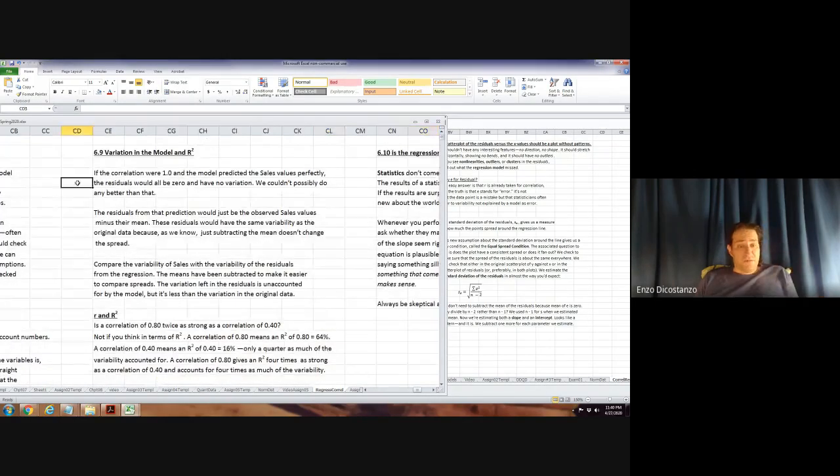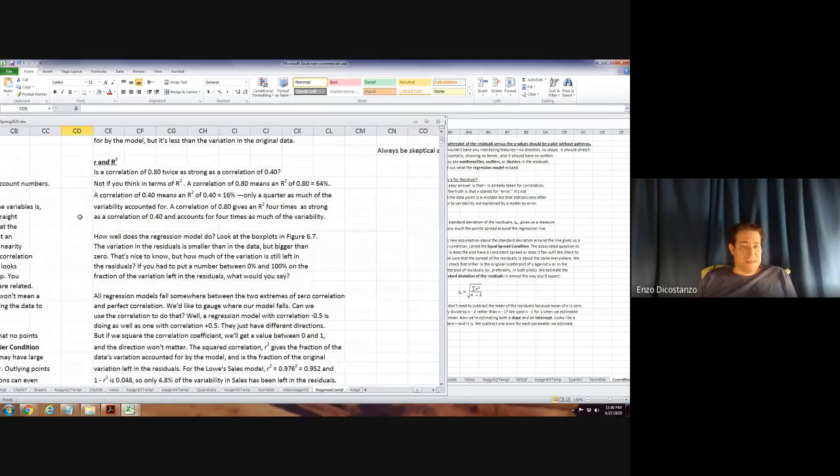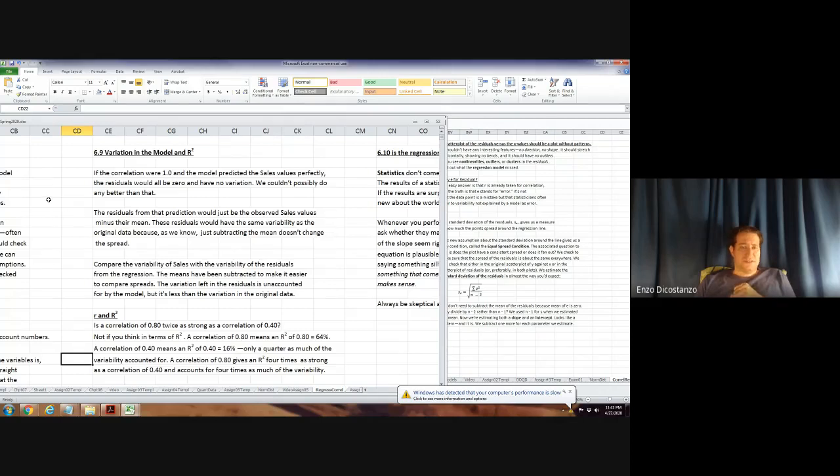R squared and how to compute R squared. It says a correlation of 0.8 gives an R squared of 64%. So 64% of the variation in the data is accounted for by the model. Obviously, if the correlation is 0.8 or 0.4 and you start squaring things, you get a quarter of the variability, one way or another. That's just some of the math that happens here. If the correlation is 1, the sales are perfectly